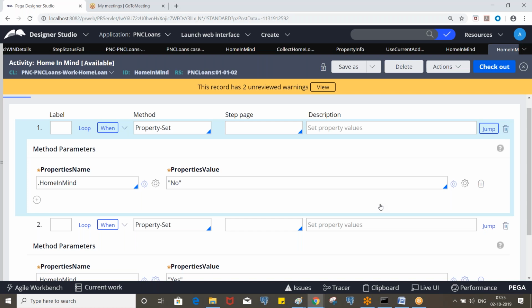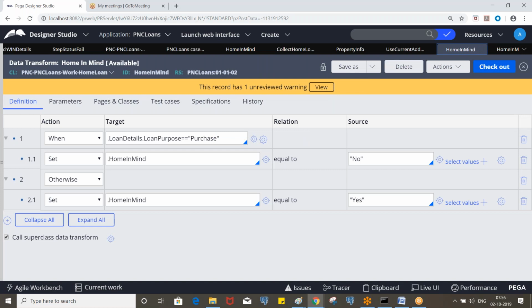In that case, you need to convert all the activities into data transforms again. So if you predict while creating itself, then you will not face these kinds of issues. So in these scenarios, we need to always choose data transform. Okay, clear?